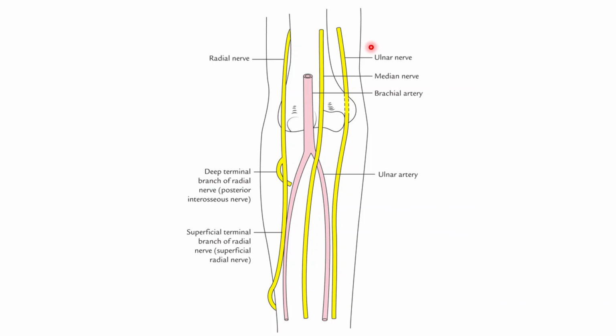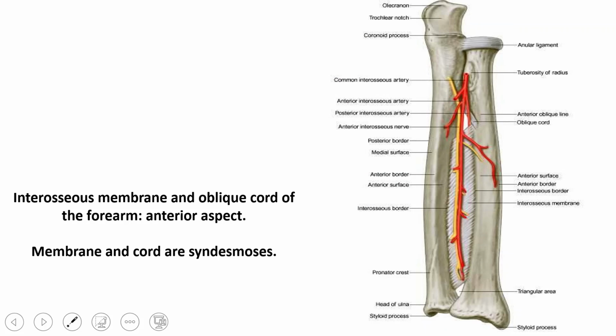As we have already discussed, the ulnar nerve runs along the medial border, and the superficial branch of the radial nerve along the radial border, that is the lateral border, accompanied by the corresponding vessels over there. So this is the deep picture where only the interosseous vessels are seen. The interosseous membrane is anteriorly related to the nerves and vessels supplying the corresponding structure, that is the anterior interosseous nerve and the anterior interosseous artery.